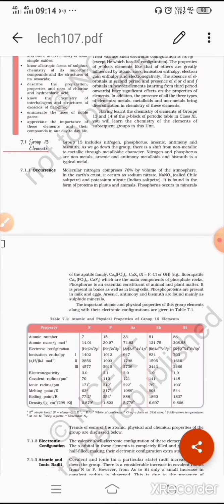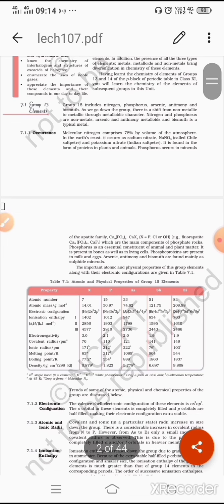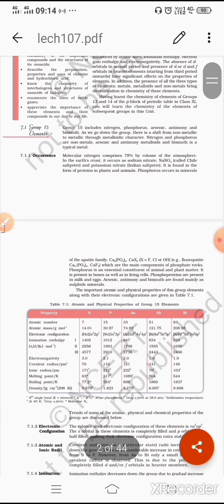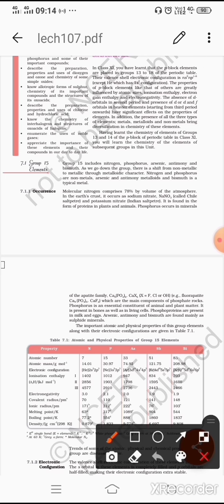The p block is also known as the representative elements. Why? Because this includes metals, metalloids, and non-metals. It is a very diverse group, because mostly all kinds of elements are included here. Here we are going to discuss more about groups 13 to 18.